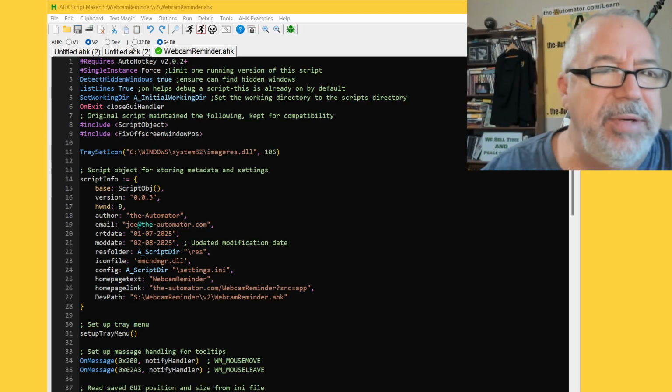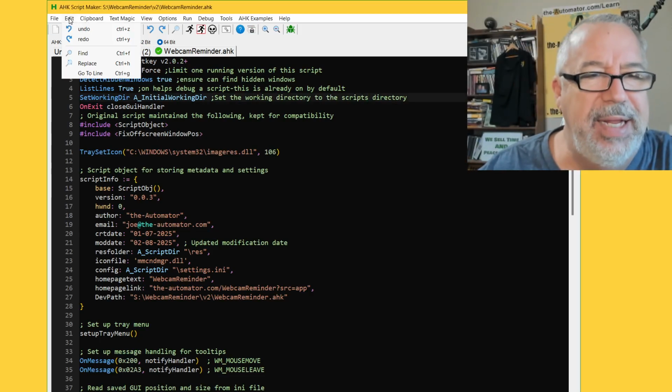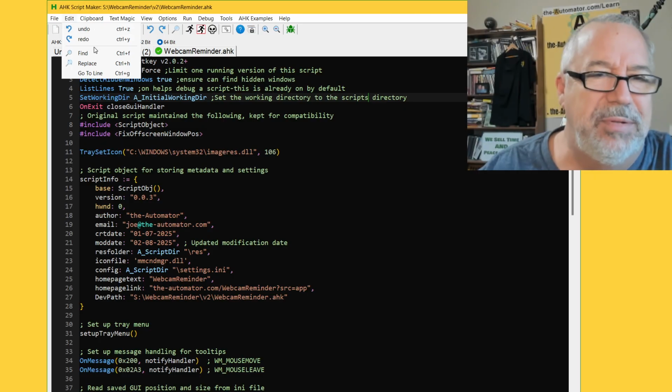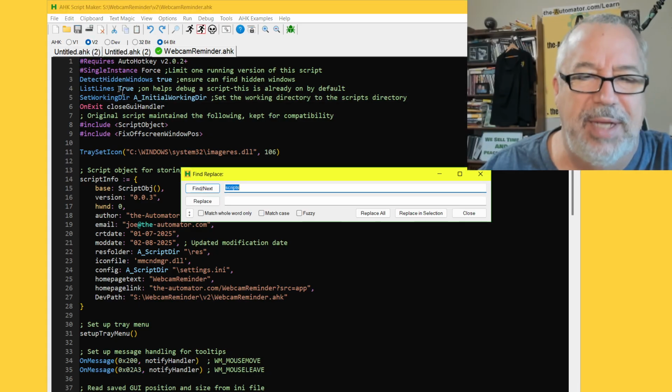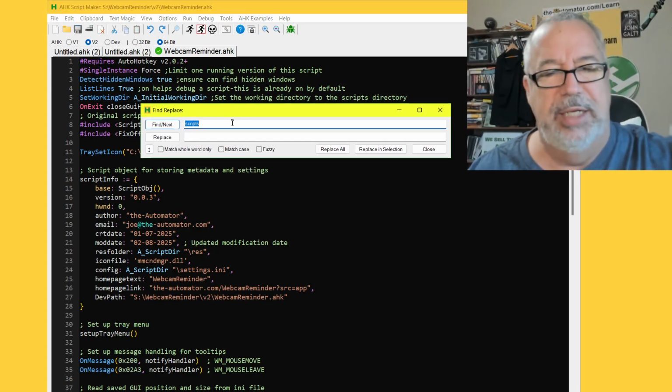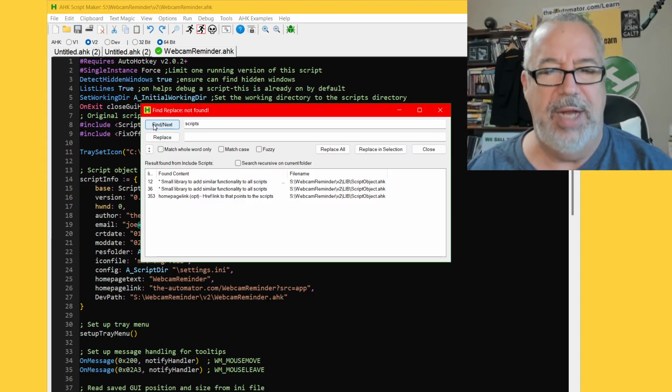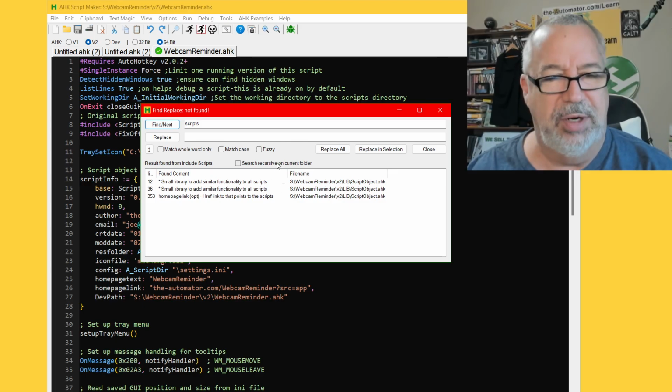All right, so we're going to look at the edit here, which, not a surprise, Control-Z, Control-Y, very standard for undo, redo. The find and replace and go to line. The find and replace are somewhat interesting in that I can search for something. It will navigate through, but it also looks to other files and will look recursively in the current folder, or